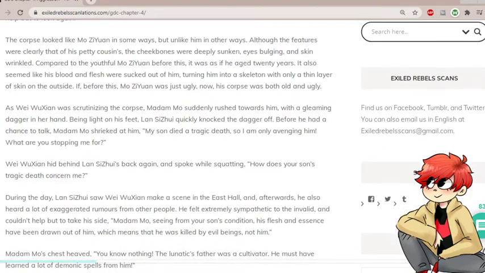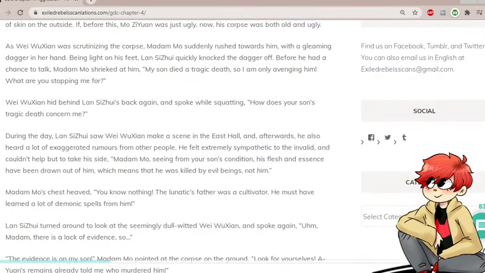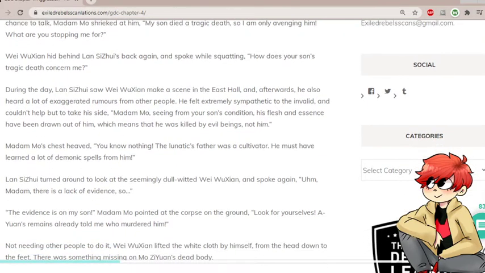During the day, Lan Shizhui saw Wei Wuxian make a scene in the East Hall, and afterwards he also heard a lot of exaggerated rumors from other people. He felt extremely sympathetic to the invalid and couldn't help but take his side. "Madame Mo, seeing from your son's condition, his flesh and essence have been drawn out of him, which means that he was killed by evil beings, not him." Madame Mo's chest heaved. "You know nothing! The lunatic's father is a cultivator. He must have learned a lot of demonic spells from him." Lan Shizhui turned around to look at the seemingly dull-witted Wei Wuxian and spoke again. "Madam, there's a lack of evidence, so..."